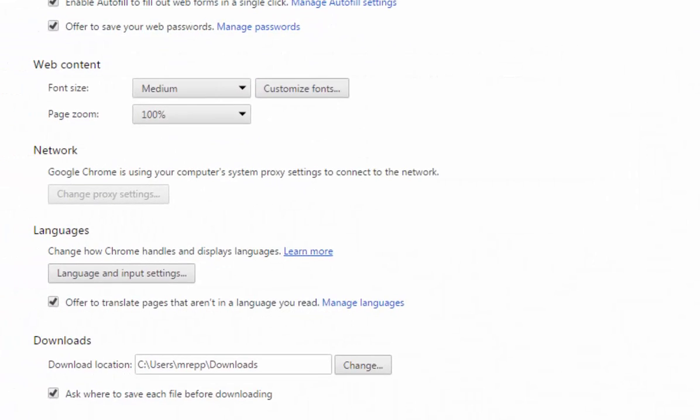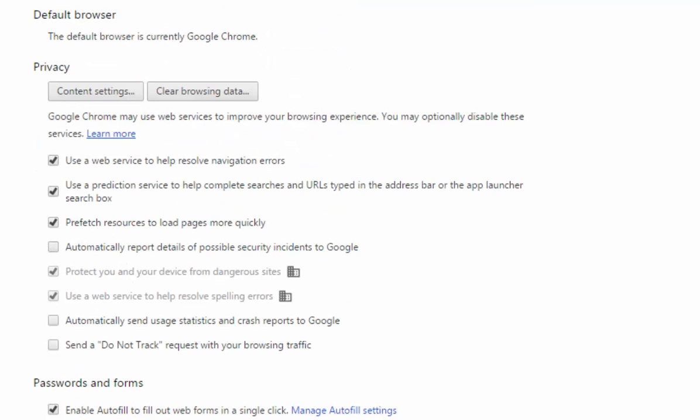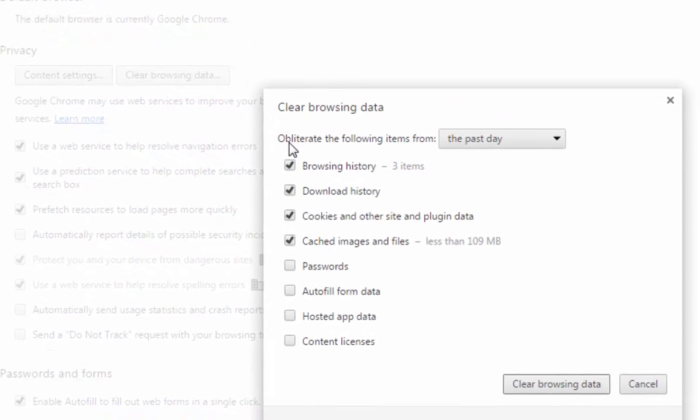Now let's scroll up a little bit higher and go to my final tip of the day, and that is how to obliterate your browsing data. The reason why I use this tip quite often is if I share my computer with multiple people, particularly students. In fact, I would like to have Google log me out and have all of the other accounts logged out as well. So to make sure that this happens, click on Clear Browsing Data, and you can then obliterate the